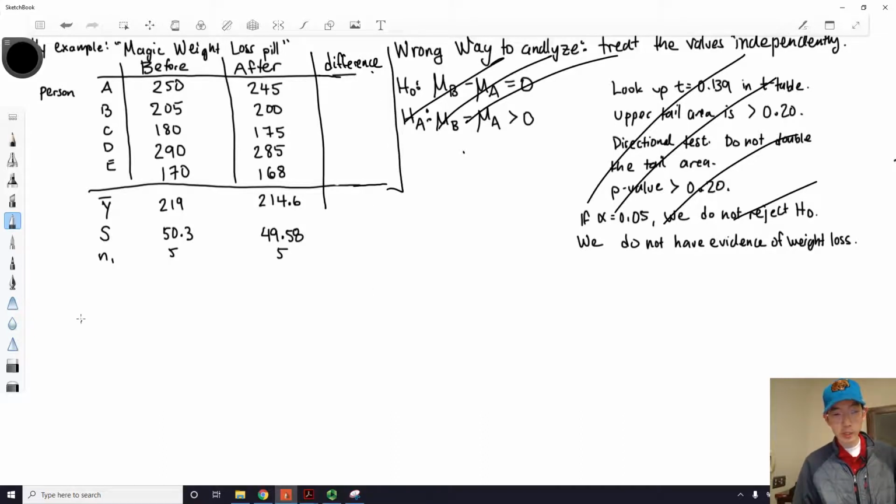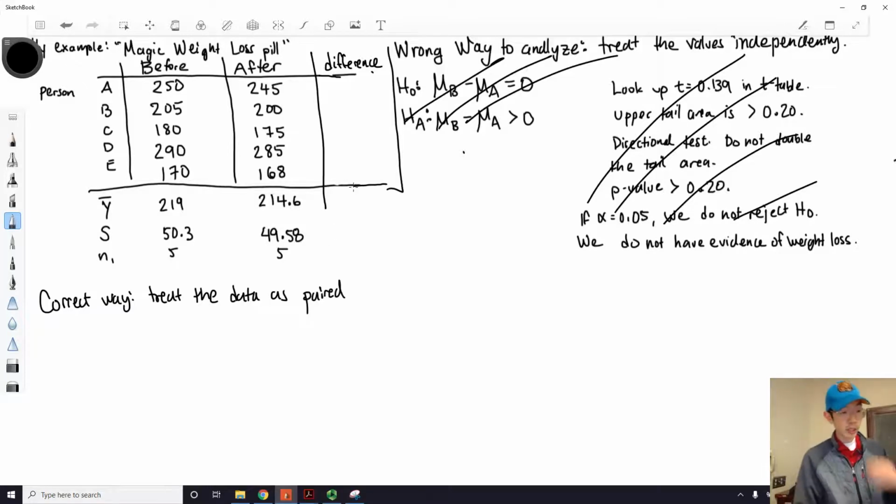Okay, so the correct way, treat the data as paired. Okay, so we calculate a difference column and we say, okay, before minus after, this person lost 5 pounds, this person lost 5 pounds, this person lost 5 pounds, this person lost 2 pounds. Okay, so we get a difference of